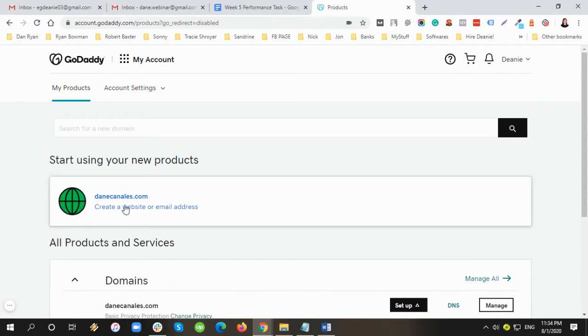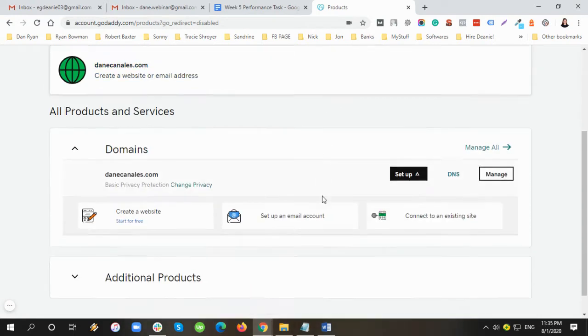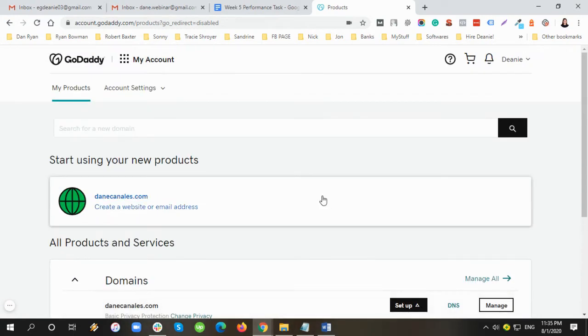So here I'm just going to create. This is your GoDaddy dashboard. If you're going to create a website in the future for your personal use or for your clients, and they tell you that they are registered to GoDaddy, this is how it looks on your dashboard. Since we don't have a page builder yet, we're going to create one using WordPress. To do that, you just go to your domain and click your domain,